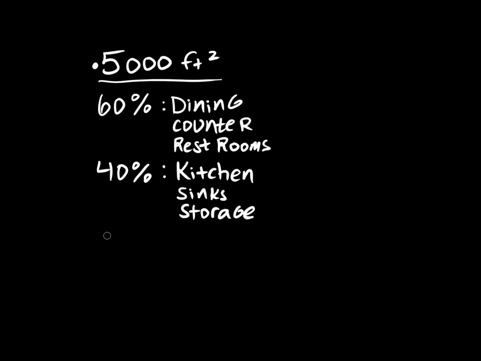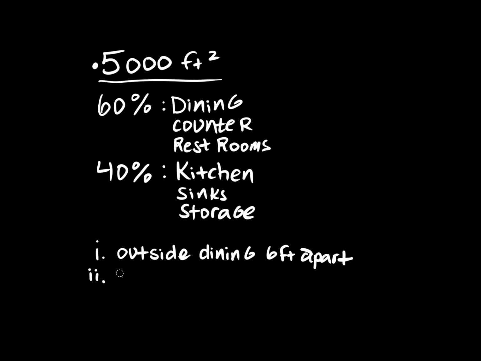Okay, and then the last part is 2 parts, so 1 and 2 here. This is outside dining. It's up to you how big you make this and how many tables. But the tables must be 6 feet apart. I wonder if I have enough room to write that. Yep, 6 feet apart. Okay, and then part 2 is I want a parking lot,